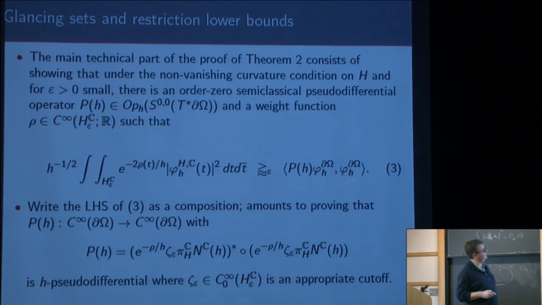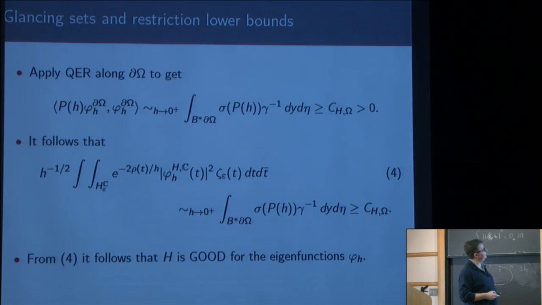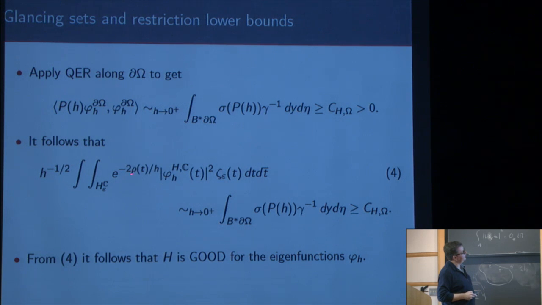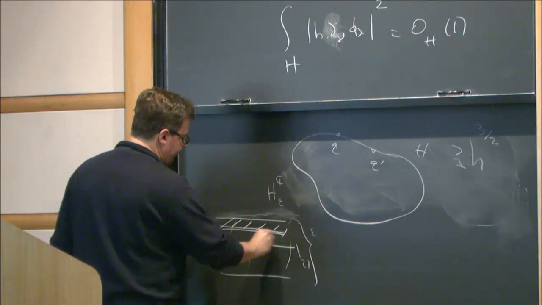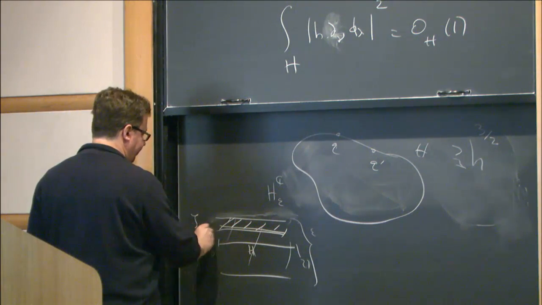And so the point is that for these matrix elements, now I have my QER theorem. I can apply it, and I can actually compute that for quantum ergodic sequences in the interior, the boundary values are also equidistributed. So there's basically a volume. And if you compute what this is, it's just some positive number. There's a computation here, but you can see that for this P you get a positive number. So it follows that, in particular, this is just some integral over some strip in the Grauert tube. So it's some subset of the Grauert tube, okay? It's here. So there's some cutoff to this strip.